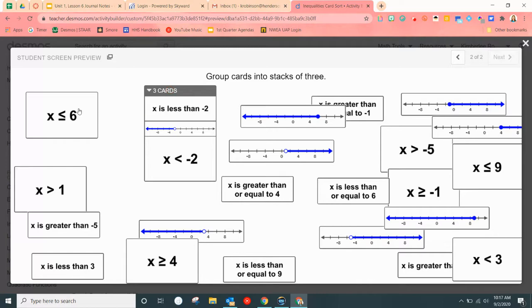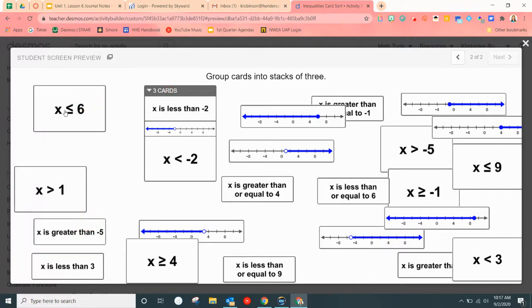So that's how you're going to group them. So this is complete. So then you would go to another one. You would find the words. This is X is less than or equal to 6. So that's the word you're looking for. And then you would group it with its graph. So you'll have several stacks when you're finished. I think there's 8. You should have 8 stacks of 3 cards when you're